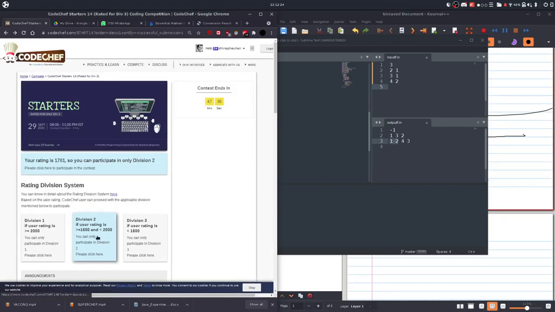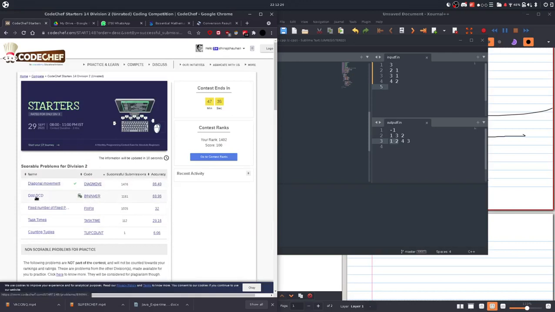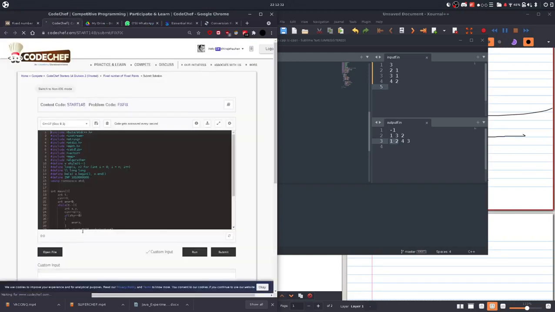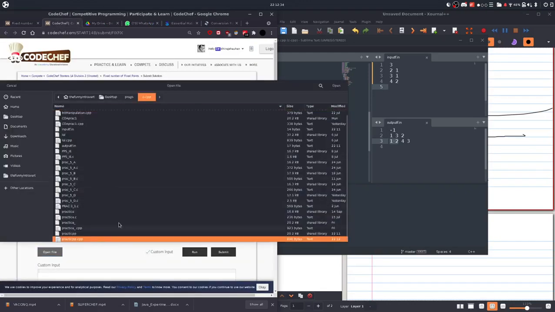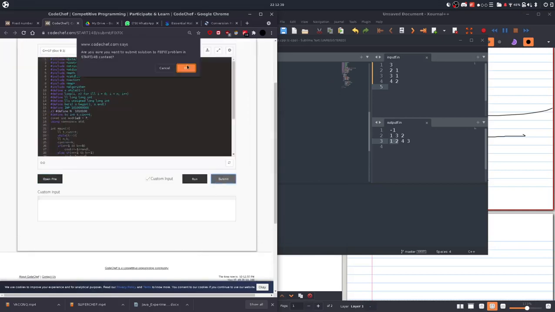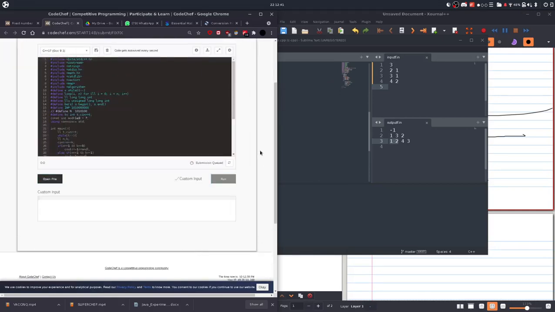And error page, okay, this is from division 3 and I'm in division 2, so let's try to submit there. Okay, it's here, and if we submit here,